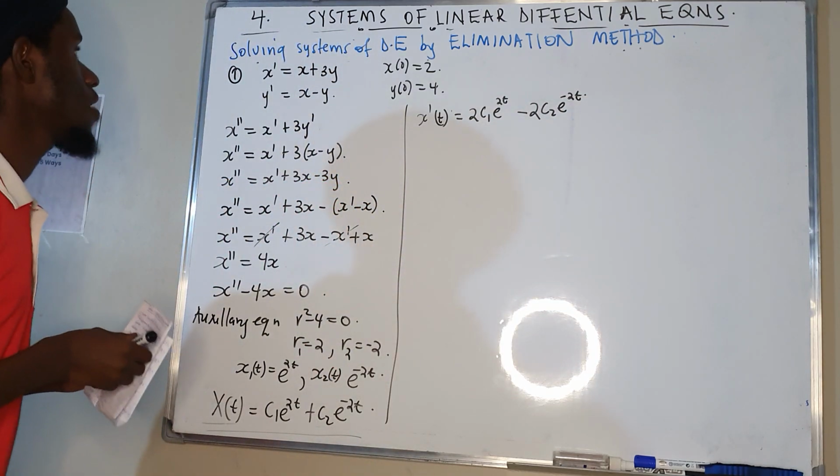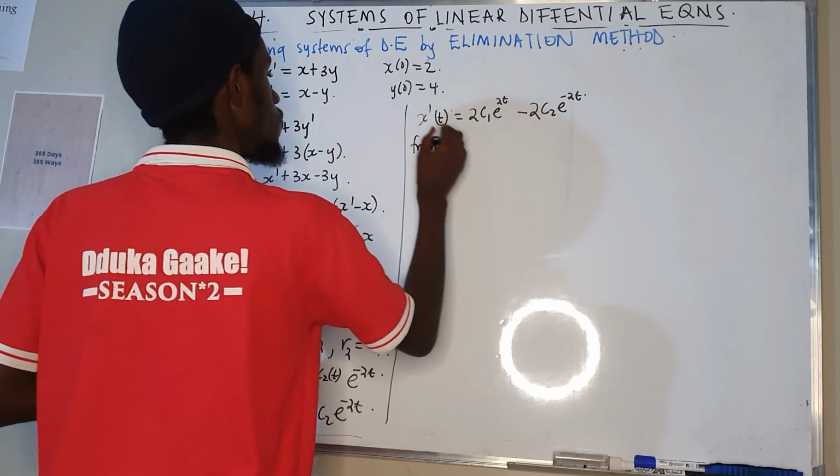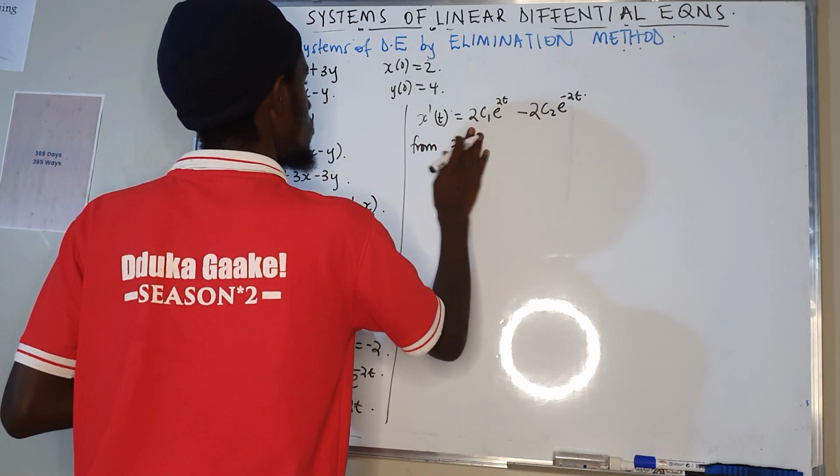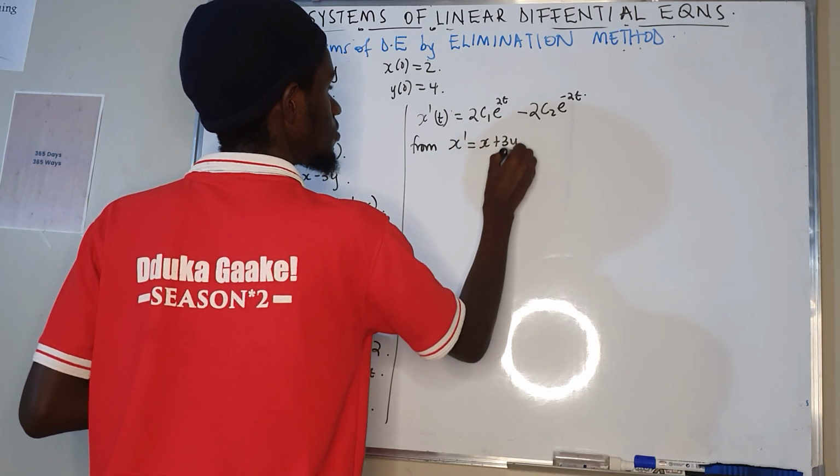Now, for my equation 1, from x prime equals x plus 3y,